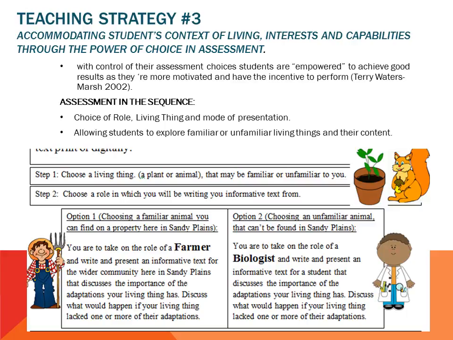This planned choice, according to Brooke 2010, allows students to explore a familiar living thing within their comfort zone or choose an unfamiliar living thing, challenging their knowledge, research, and exploring skills. The student's context of living is also, therefore, taken into consideration as they have the choice to take on the role of a farmer, discussing their knowledge of a familiar animal they would find on a Sandy Plains property. Kent 2009 states that a lower academic student will feel more comfortable in discussing a familiar context, therefore making the